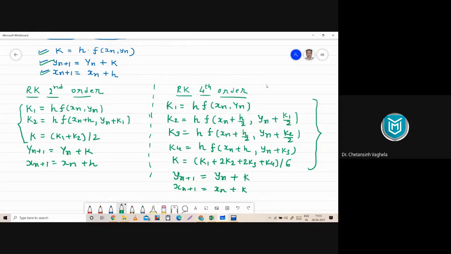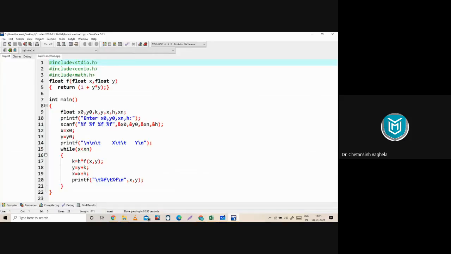Okay, so I hope this screenshot is done now. Now let me take you to the Euler's method, and we'll try to convert that program to RK second order. So let's go to C program. Yeah, this is the C program which we created last time for Euler's method. So again, similar kind of programming will be there for RK second order, but just few changes will be there in terms of K1 and K2. Because in Euler's method, we are using a single factor K, but in RK second order, we are using K1 and K2 both. So accordingly, we have to change it.